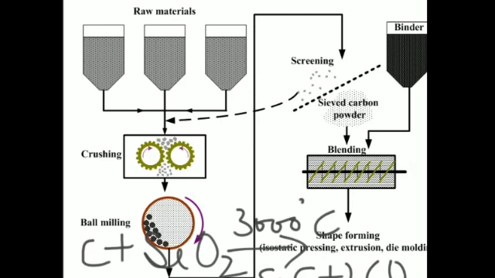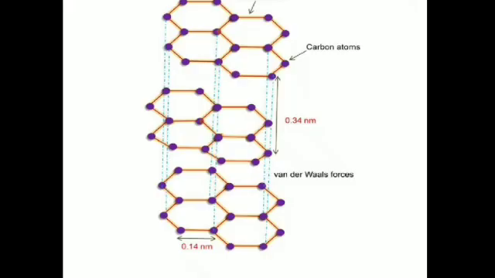Then the most important part is the structure of graphite. In this picture you can see that graphite consists of layers of carbon atoms, as you can compare it to diamond, where you had seen that just because of the tetravalency, the carbon atoms are arranged in the form of a tetrahedron, while here the graphite consists of layers of carbon atoms. This is the first layer, then second layer and so on.